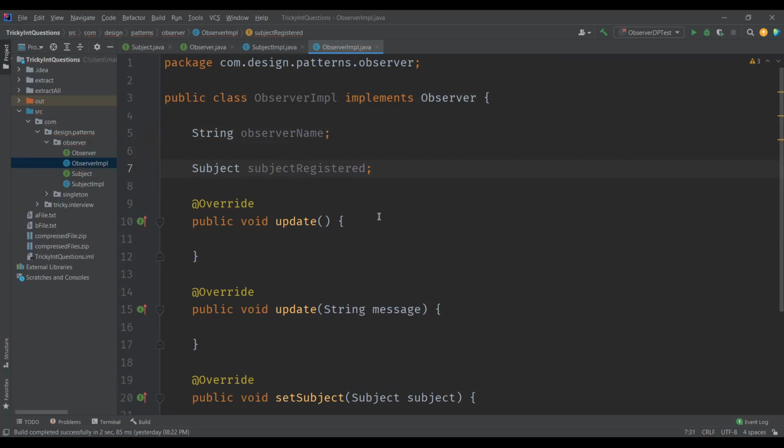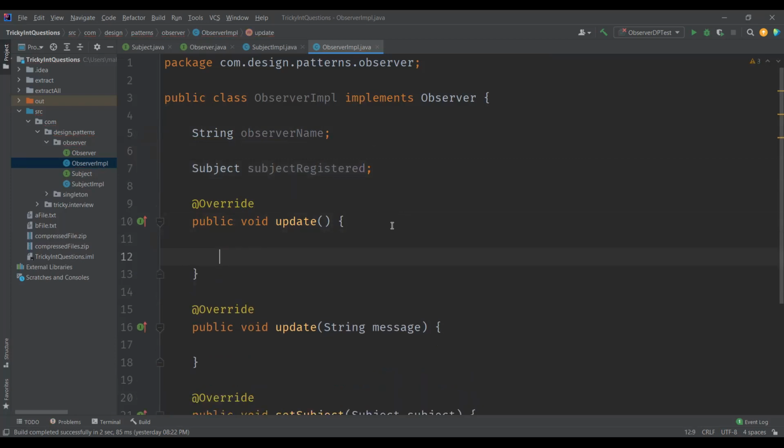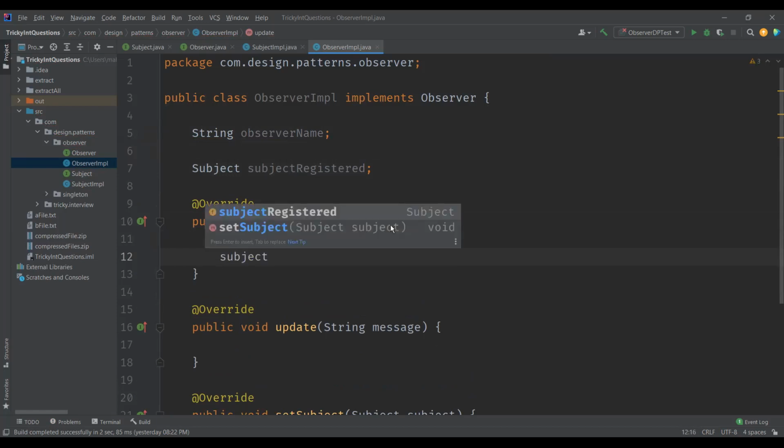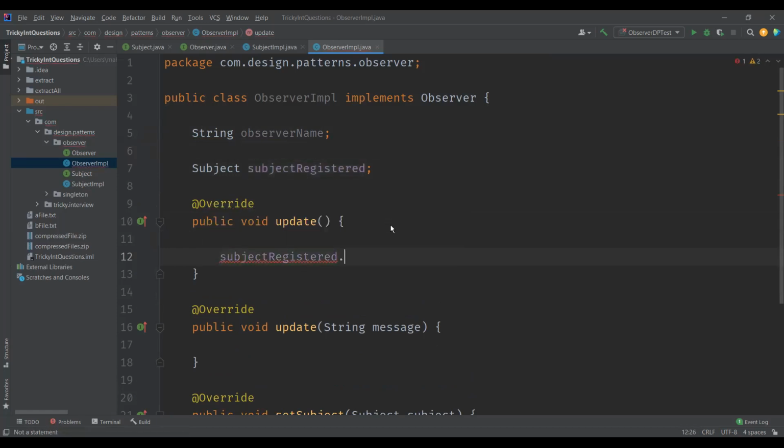All right. Now let's define the methods in the observer interface. So update is used to call get update from the subject and get the latest update from it. What we'll do here is call the subject registered dot get update method from the subject, which returns an object.